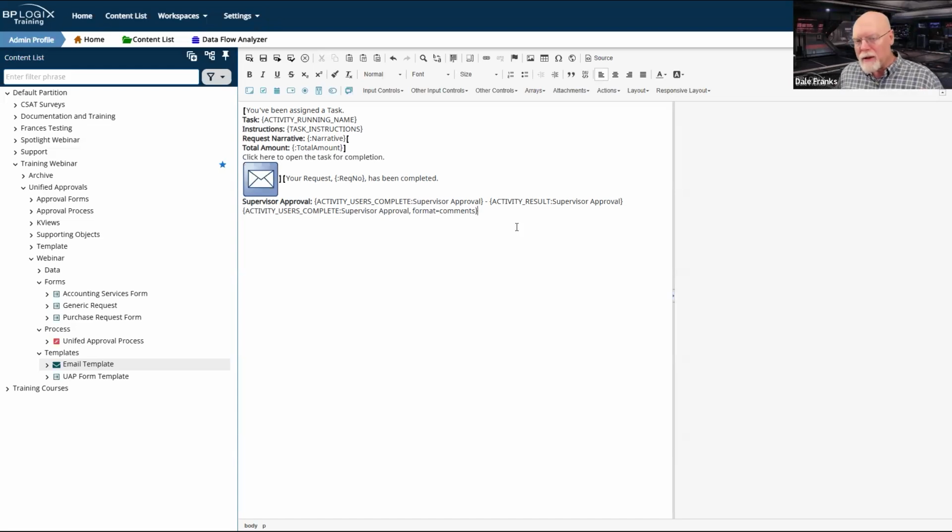I have a couple of different ways of doing this. And I don't think there's time to show you both of them because we are going to have to get to knowledge views. So I have two choices. One, I can nest these embedded sections. Happily, embedded sections can be nested. So what I might want to have is an HR section, an IT section, and an accounting section. In this case, we're just going to do accounting. That will only show if I am running in an accounting activity.